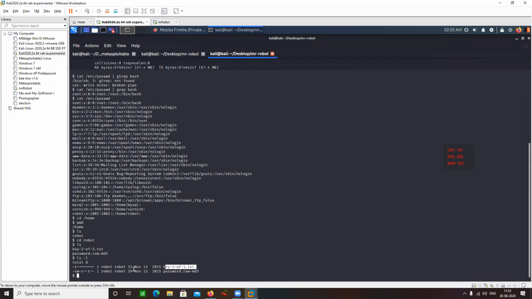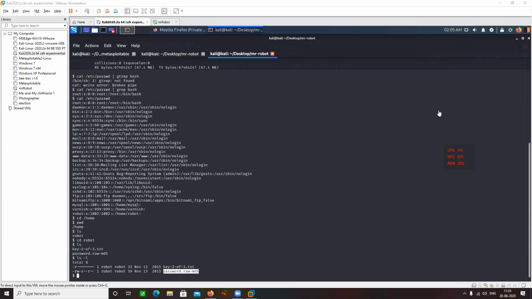So can I read this file? This one? Yes, sir. And something is being suggested by the file name itself. It is in an encrypted form. It is in a hashed format.